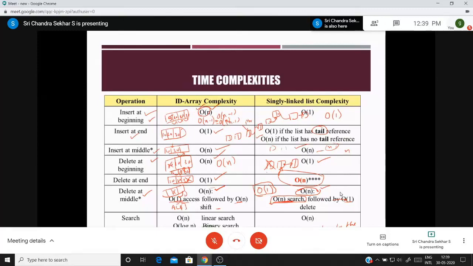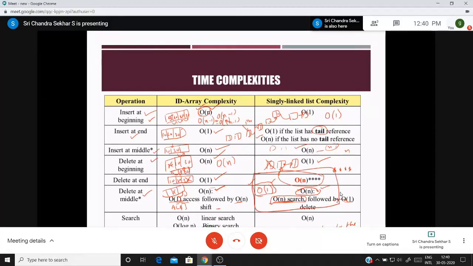So that is how you suggest performing the deletion of exactly the middle element with big O of 1 complexity. That means you make a pointer called pre-middle, such that the pre-middle is storing the address of the previous node of the exactly middle element. So there are some questions that are asked on these two things, right? These two things are very, very important.